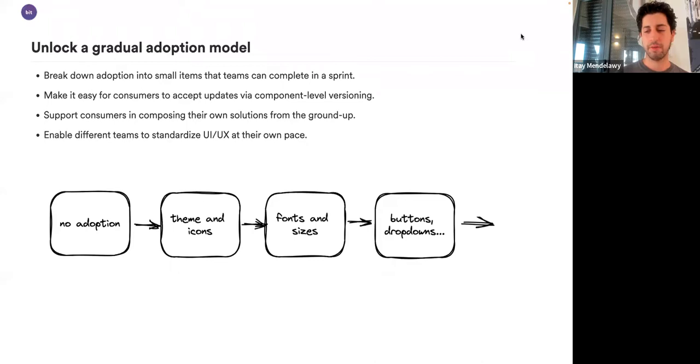Also, because we are building those independent components that are made to be composed together, one of the adoption issues that we discussed is whether that design system has patterns for the problems that I, as a consumer, have.